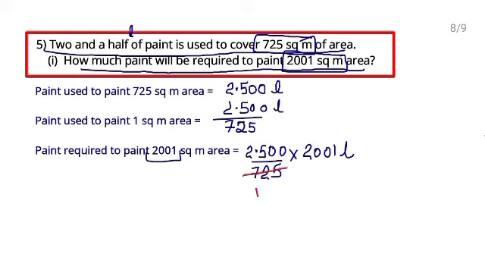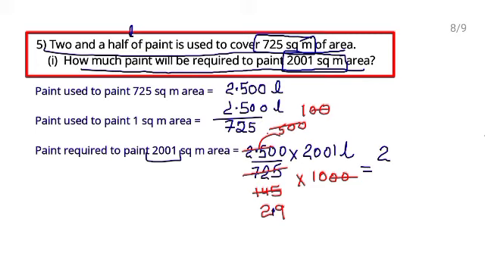5 ones are 5, 5 fours are 20, 5 fives are 25. Remove decimal, put 1000 in denominator. Now this is 5 fives are 25, 0 0. Again 5 twos are 10, 5 nines are 45, 5 ones are 5, 0 0. Zeros to zeros cancel out. Now you are having, this is not decimal, ये decimal नहीं है, 2001 upon 29 multiplied 10 is 290.